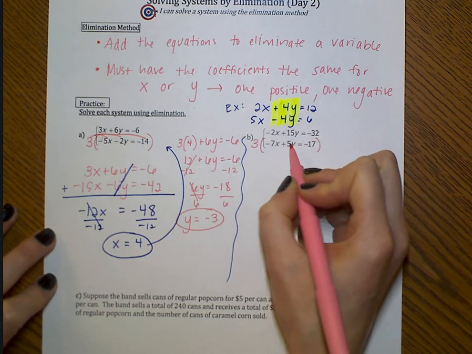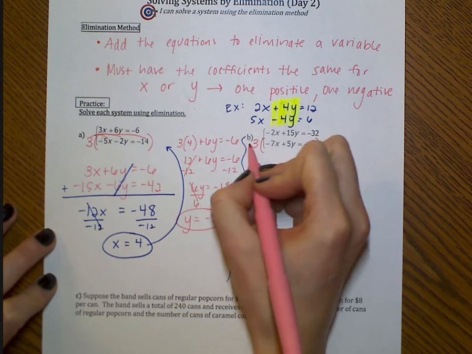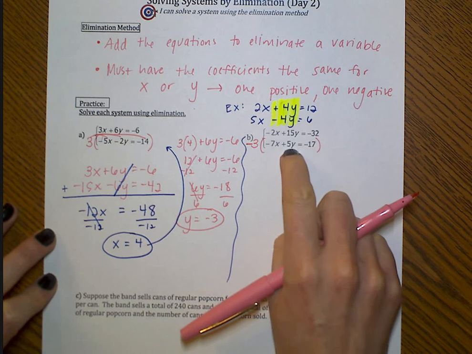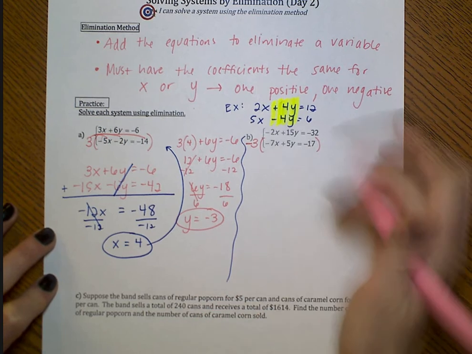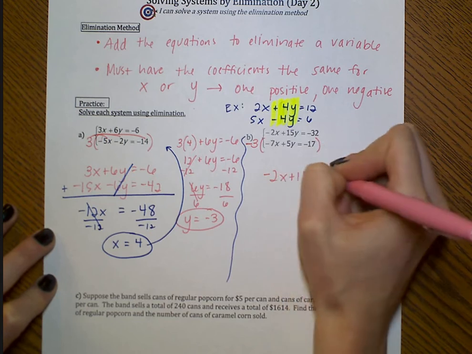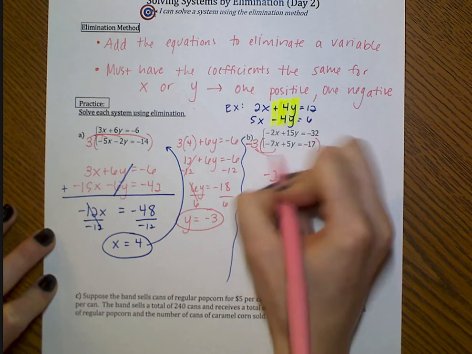Now, notice if I choose 3, it's going to be positive 15 and positive 15. So I'm going to stick a negative there with 3, so I end up getting negative 15. Okay, I'm going to copy the first equation down, not changing it. And I'm going to distribute negative 3 through to the second equation. So that'll give me